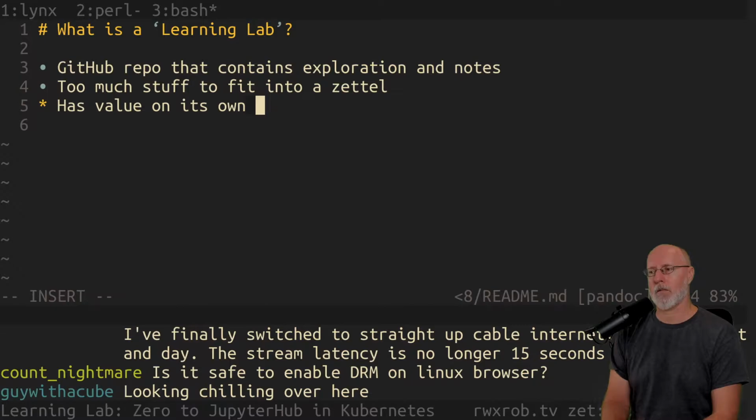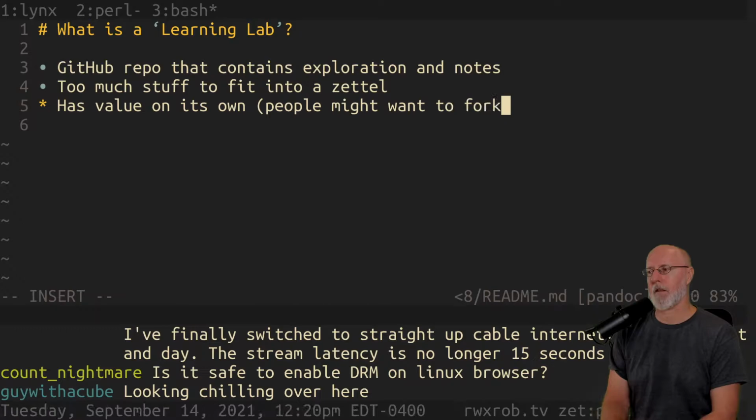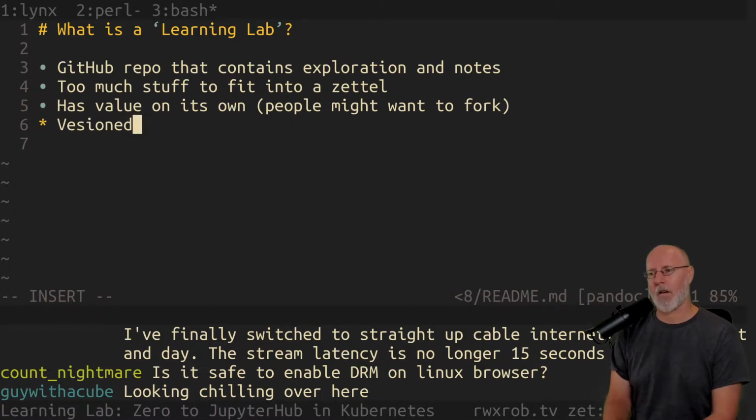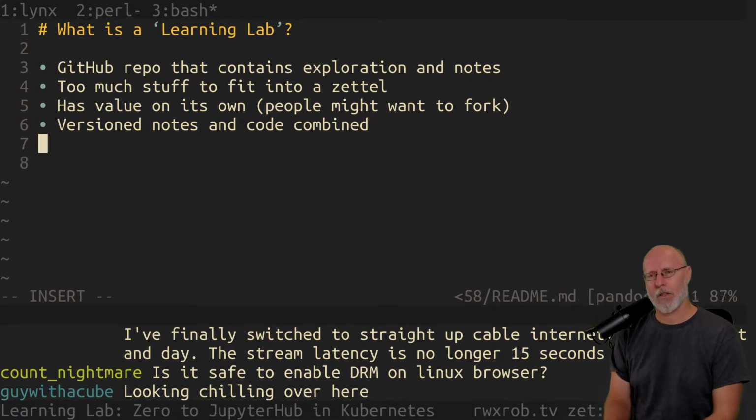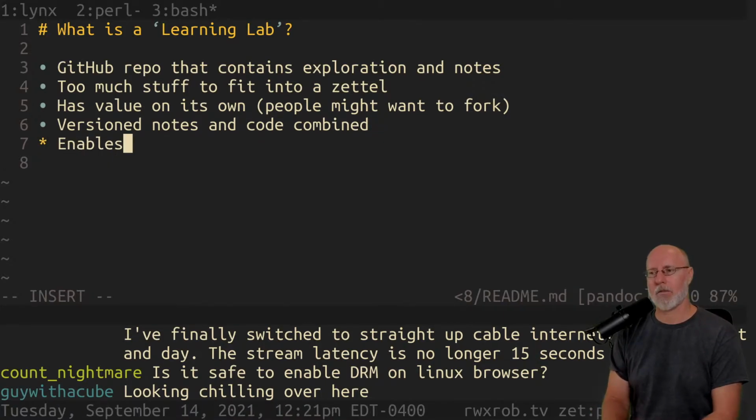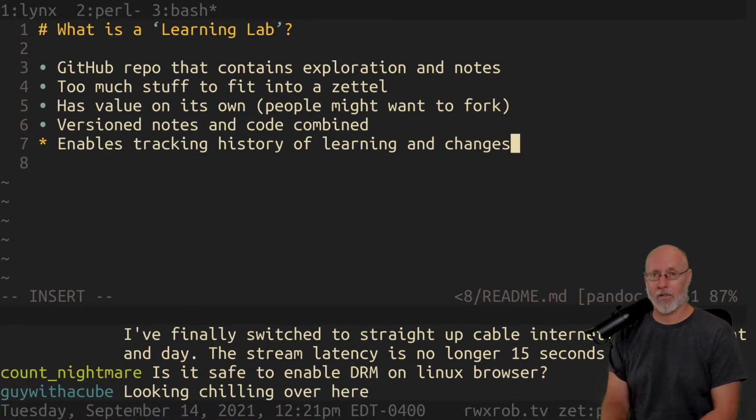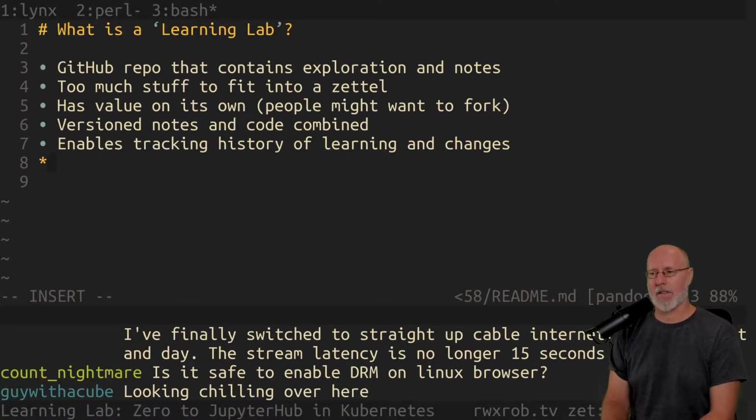on its own. So that means people might want to fork. It's versioned, right? Version notes and code combined, so that I can come back and see what happened and what changed. It enables tracking history of learning and changes. So that's why I do it that way, and it helps to